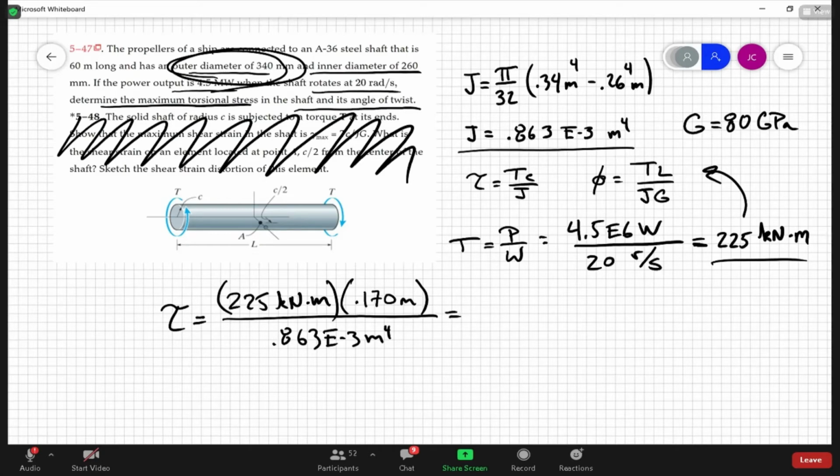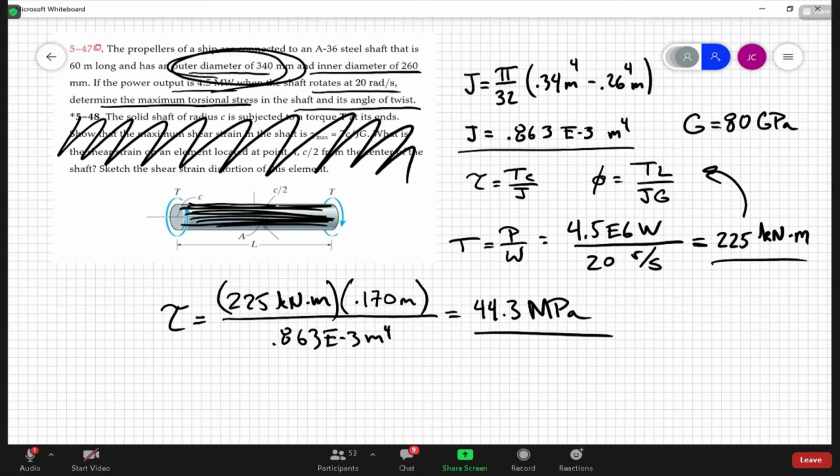So this is going to give us an answer in kilopascals. And so that gives me actually 44.3 times 10 to the third kilopascals, or that's 44.3 megapascals. So that's going to tell me that the shear stress on the outer surface of this power shaft